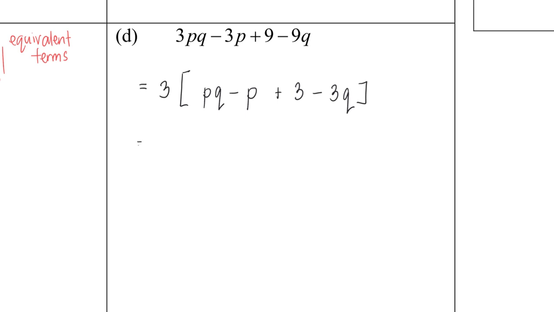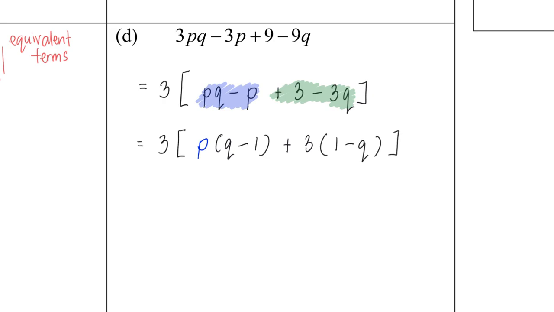And then, at this point onwards, I'm going to factorize by grouping. So I would have my P as the common factor, left with Q minus 1, very good, plus 3 bracket, yes, there is a factor of 3, 3 times 1 is 3, okay, minus Q. So this part here will be my 3, and after which,